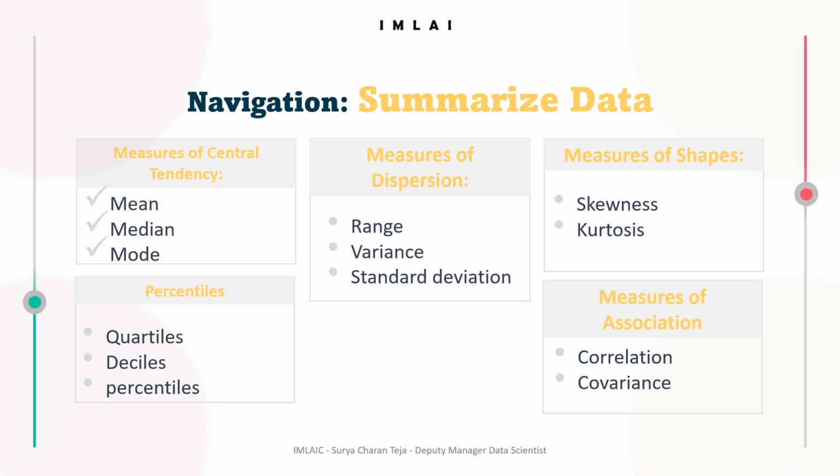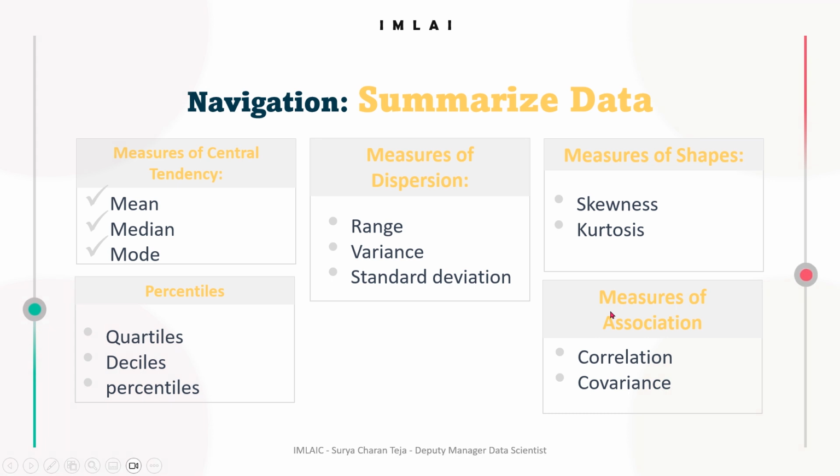So before we jump into the next type of tools in summarizing the data, I just want to show you the navigation map. Where are we? What we have done? What we will be doing. So if you see this, this is the navigational map for the summarizing data module in descriptive statistics. In this, you can clearly see that we have measures of central tendency, measures of dispersion, measures of shapes,